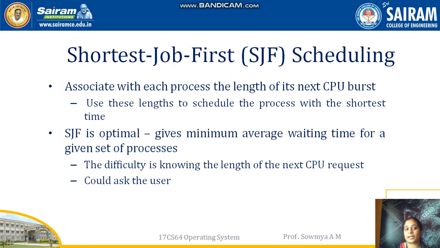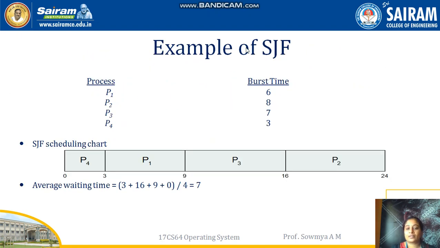So the next scheduling algorithm is shortest job first, where first we have to compare the processes and see which process has the least CPU burst. So allocate the least CPU burst time first, then allocate the processes in incremental order of the burst cycle. Here we'll take an example of 4 processes with burst times 6, 8, 7, 3.